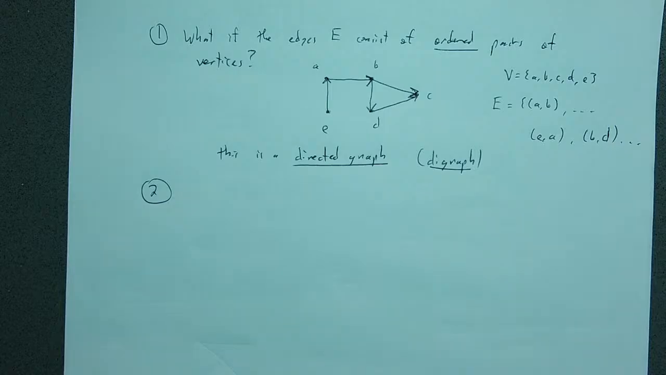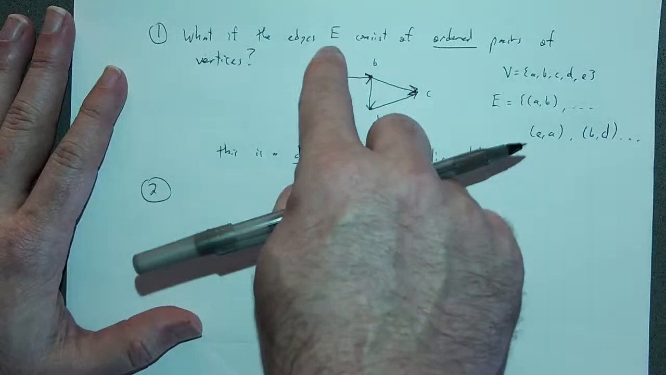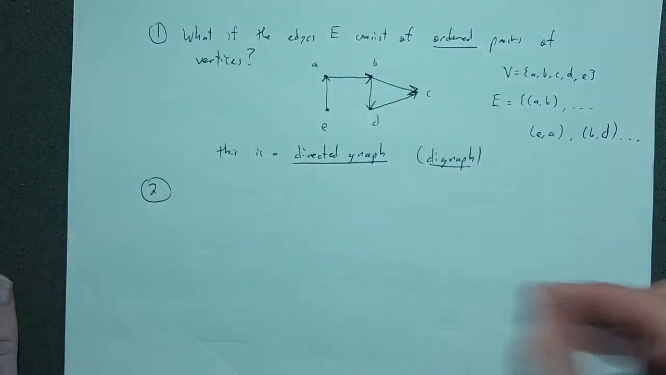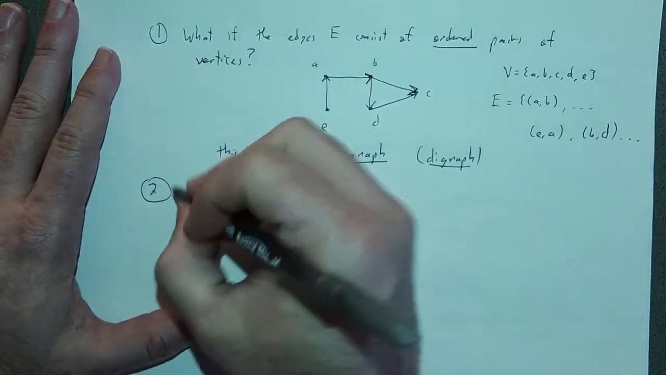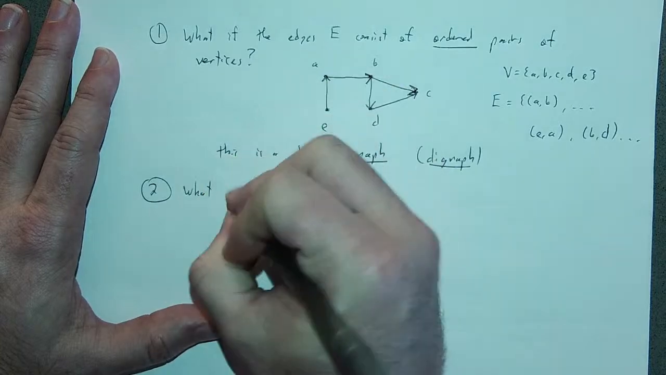What if my set E of edges can contain repetitions? A set that can contain repetitions of elements is called a multiset. So what if